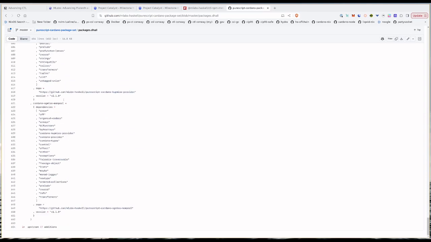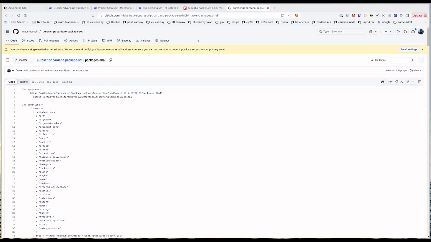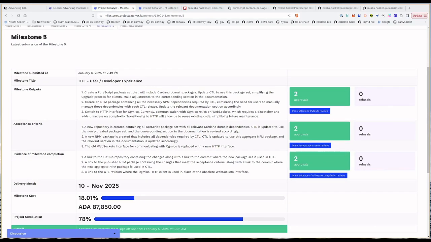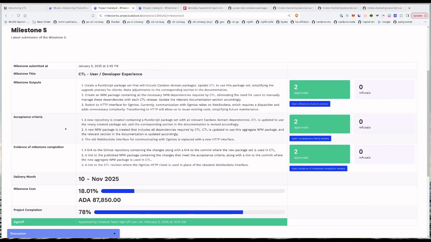Now users no longer need to keep track of the individual PureScript and JavaScript dependencies when updating CTL, as the process was reduced to simply ensuring the versions of the npm meta package and PureScript package set are bumped correctly. As part of the fifth milestone, we also updated our Ogmios communication layer to use a new HTTP interface instead of WebSockets, which allowed us to reuse existing HTTP communication code, reducing overall code base complexity and simplifying